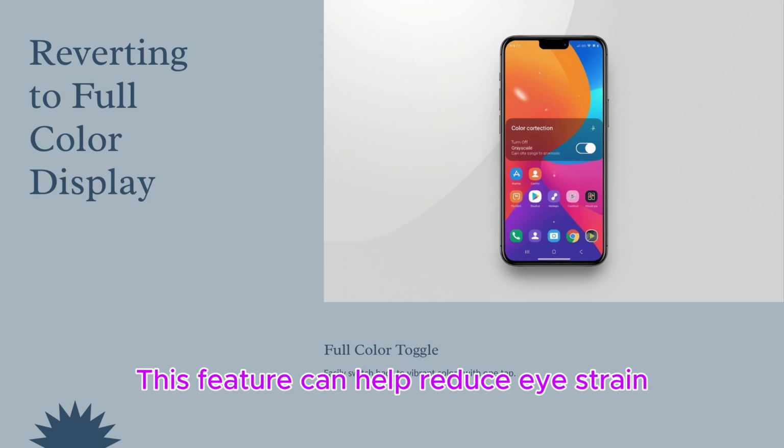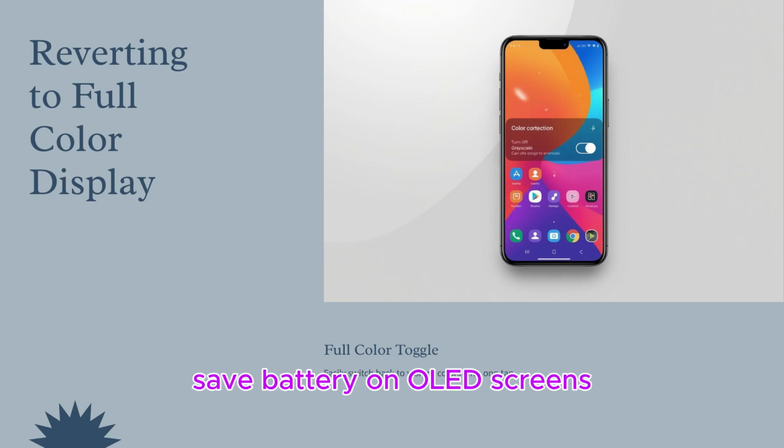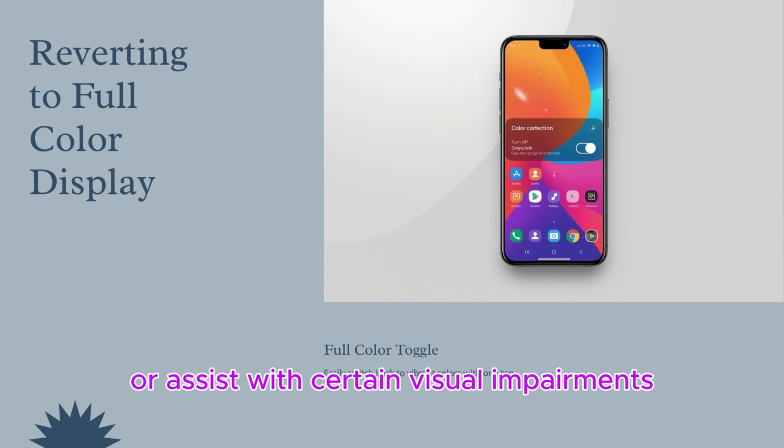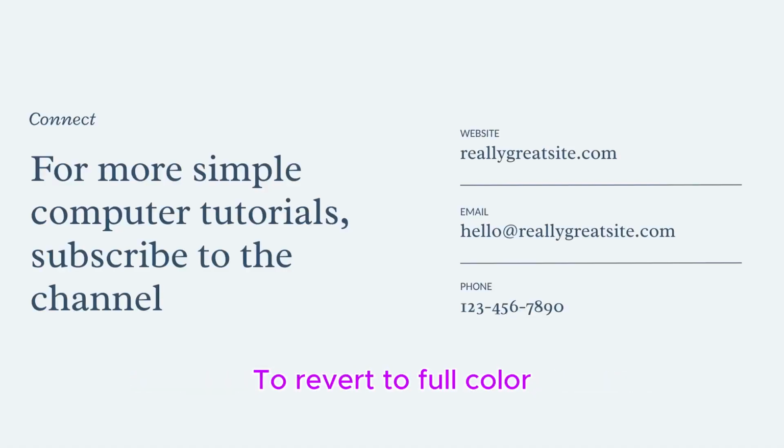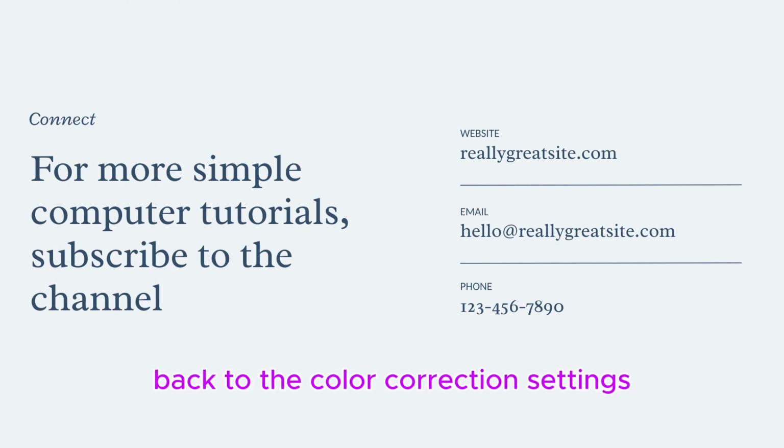This feature can help reduce eye strain, save battery on OLED screens, or assist with certain visual impairments. To revert to full color, either use the shortcut or go back to the color correction settings and toggle it